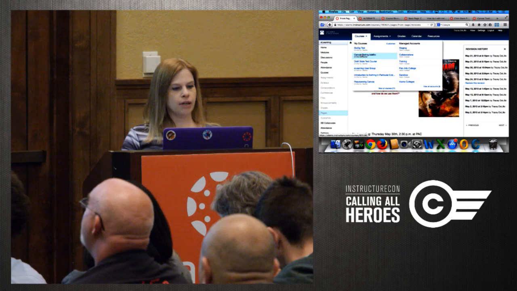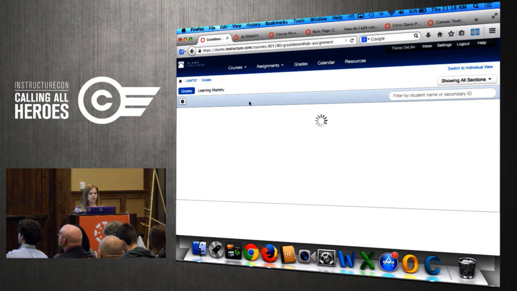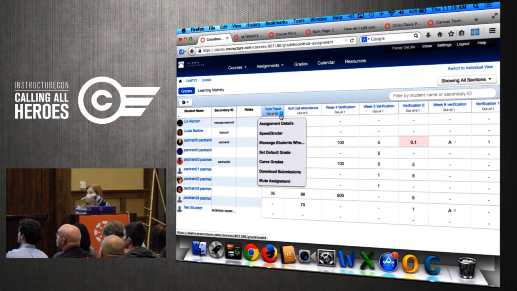Another thing I got to go back to my other course for is in the grade book, you can see a previous grade. So this came up, faculty saying, okay, I've tried out this curving grades feature. If you've ever looked at that drop down, and some people have probably used curving. Maybe they curve the grades and they don't like the result and they want to change it back.